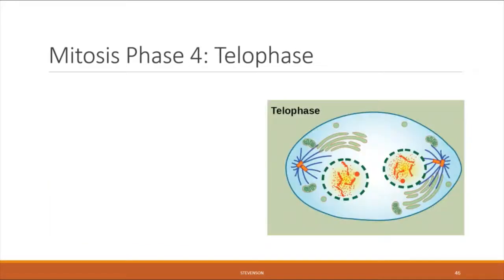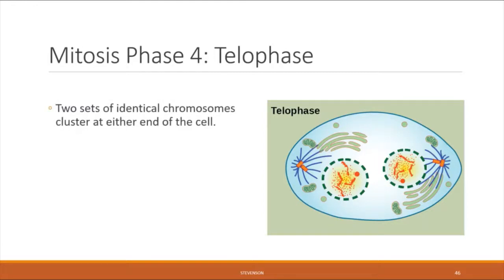And this brings us to the fourth and final phase of mitosis, which is called telophase. So at the end of anaphase, the result should be that there are two identical sets of chromosomes clustered at either end of the cell because the sister chromatids are identical to each other and one was dragged to each side of the cell. Once they are in their proper location, the sister chromatids begin to decondense back into their